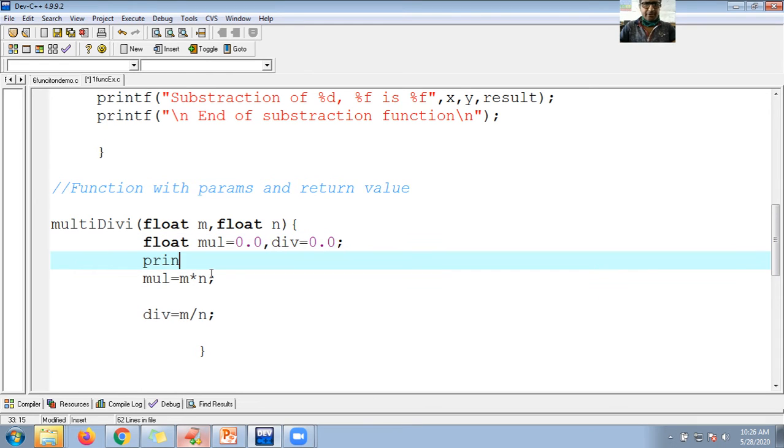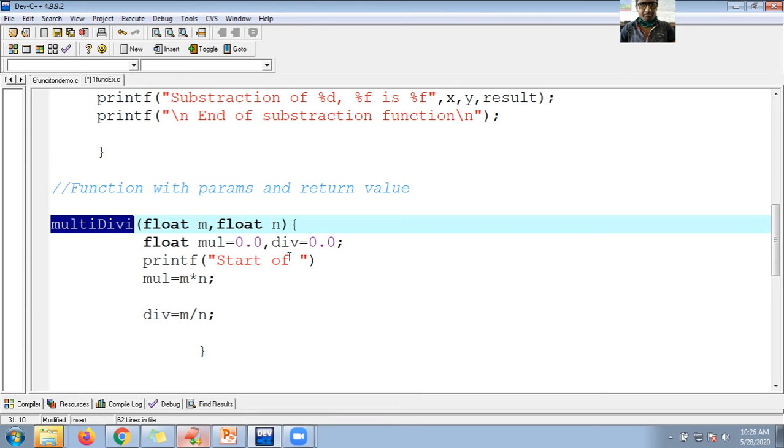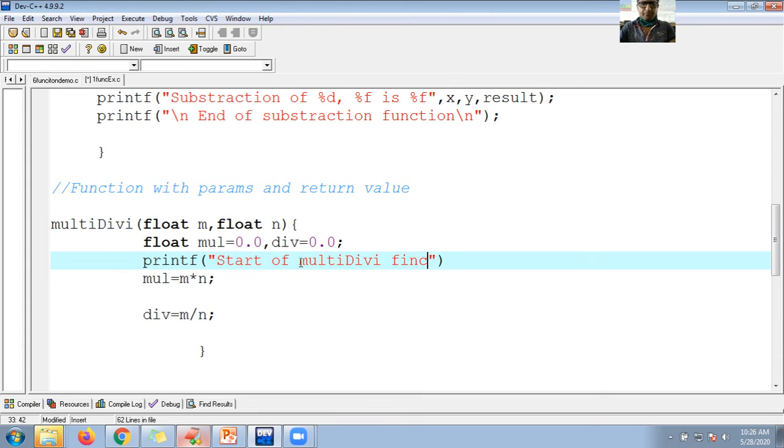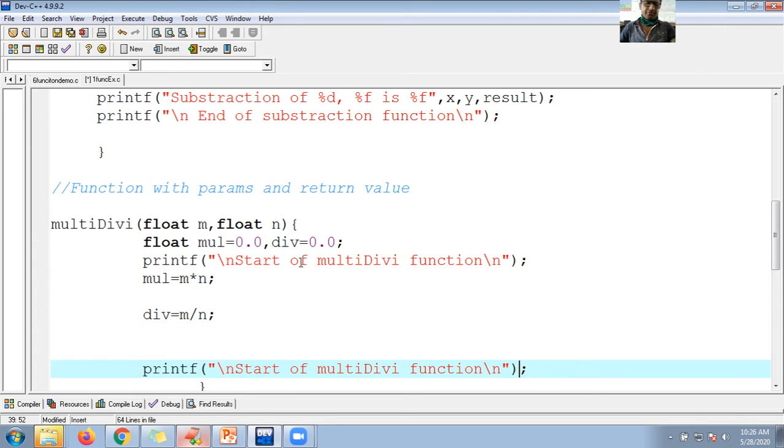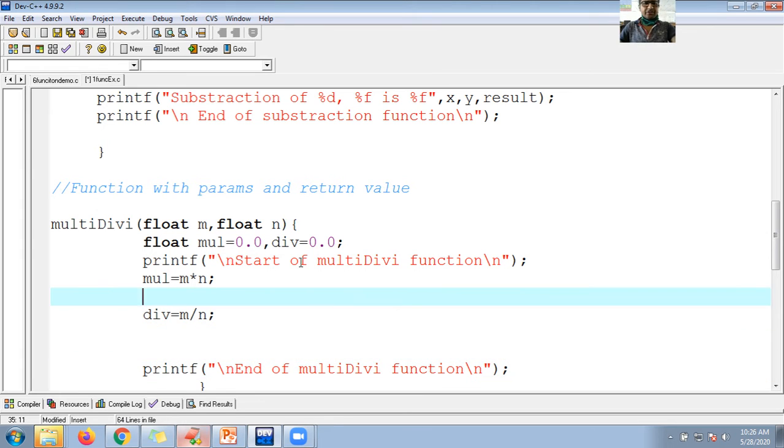So here printf, start of multi-div function, backslash n. Okay, fine. And let me go for end of multi-div function instead of start of.